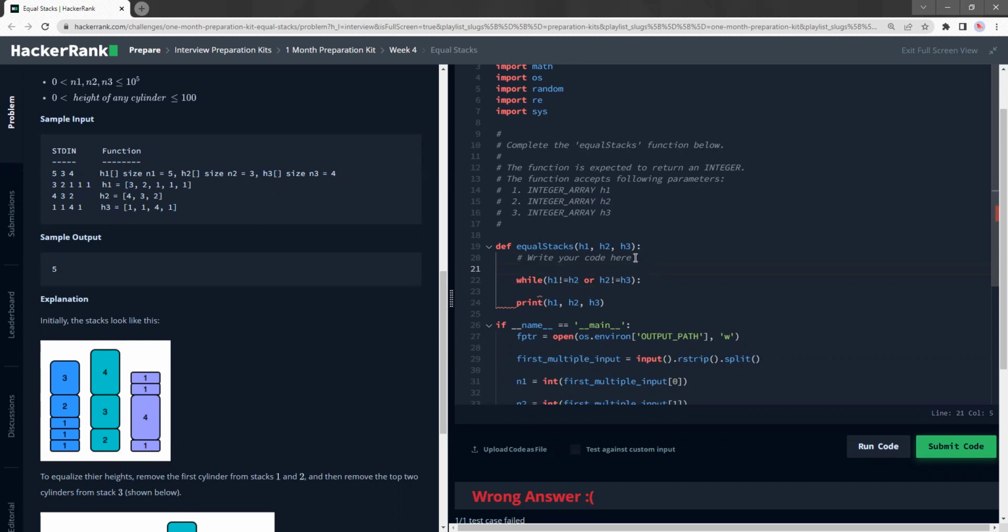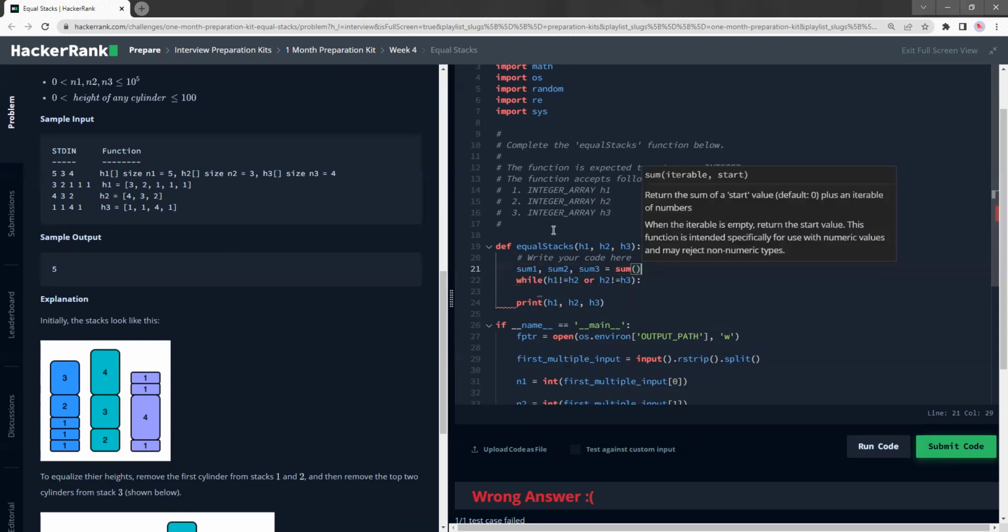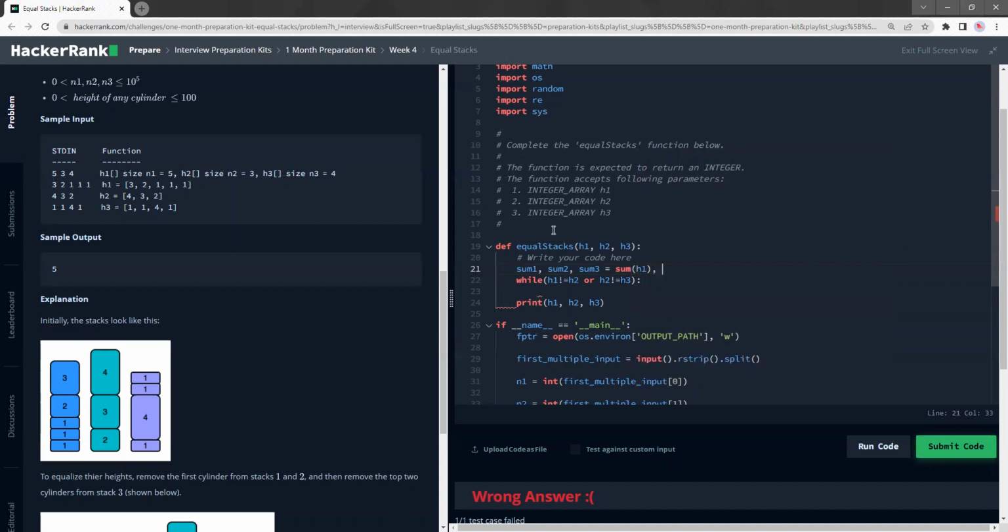Next thing that I want to do is I want to keep a summation of all of them because I don't want to keep summing them up at every instance in the while loop. I just want to sum them up at first, and then I'll just keep removing them one by one. So to do that, I'll create some ones, some two, some three, and let's just do a summing operation at the start, right at the start. Sum H2, sum 3, sorry,